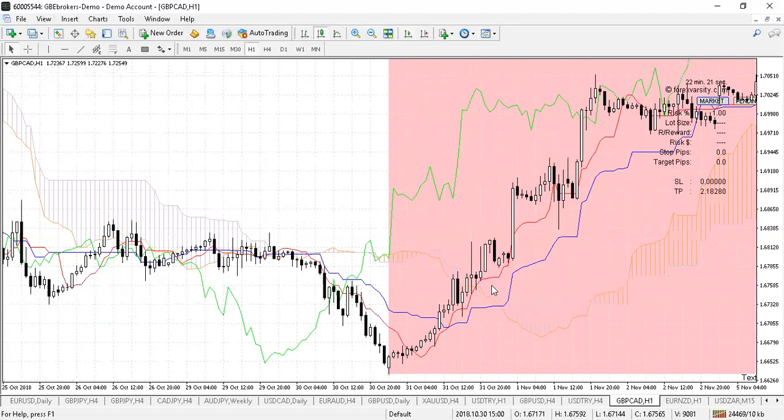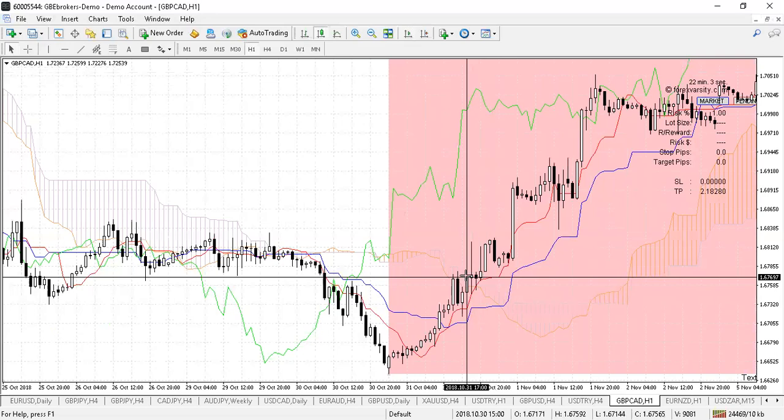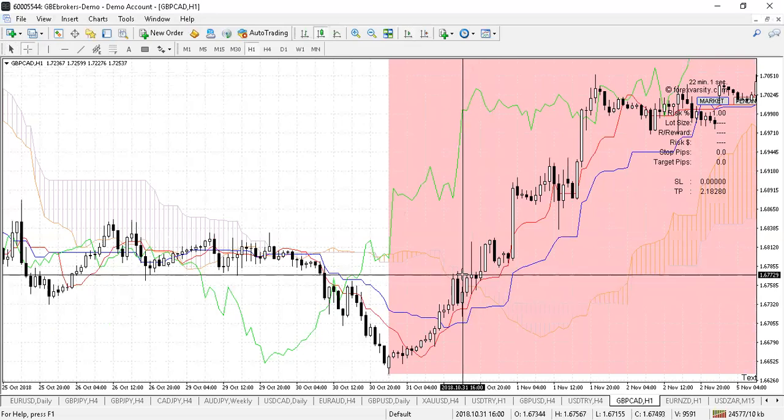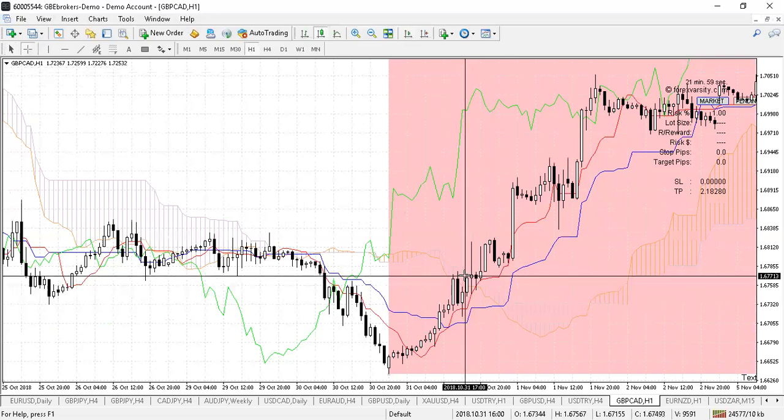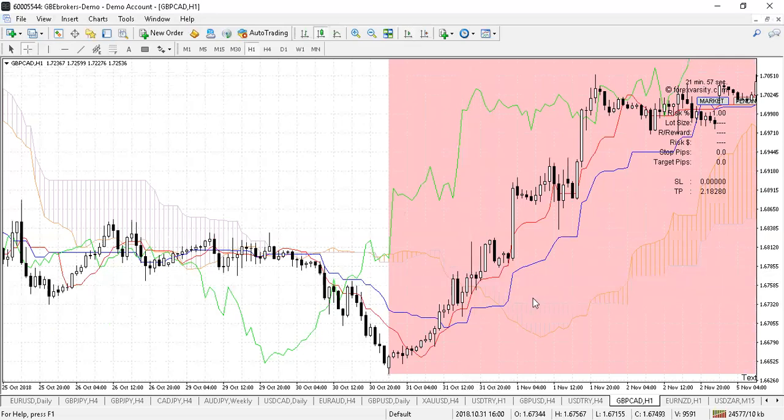So we could basically enter a trade based on that giving us a bullish signal from the red and the blue lines, or it just breaking above the cloud, and also the green line being above the price 26 candles ago. You could have entered the trade there. So when would you get out of the trade? Well, the rules for getting out of the trade is really